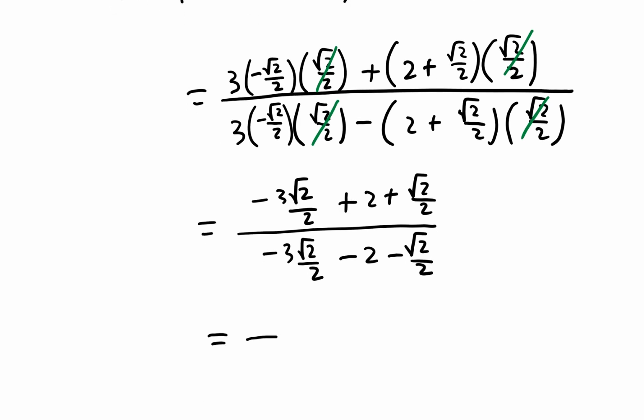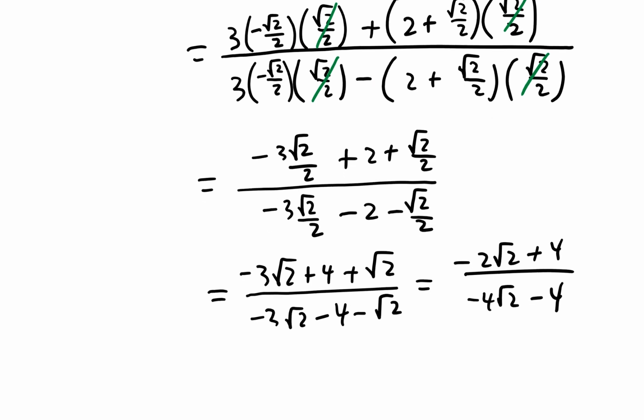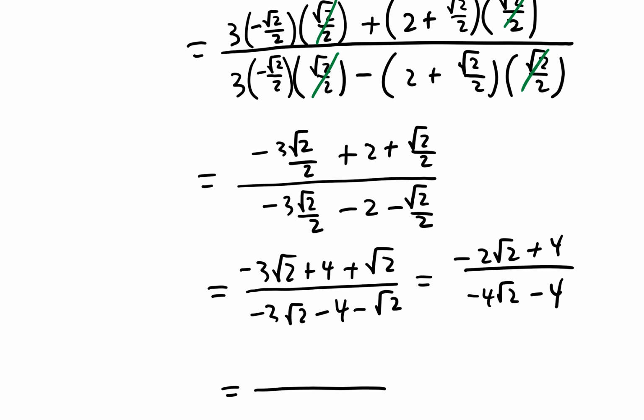Then probably multiply top and bottom by 2. That will clean up the fractions. Negative 3 square root of 2 plus 4 plus square root of 2, over negative 3 square root of 2 minus 4 minus square root of 2. Combine like terms: negative 2 root 2 plus 4 over negative 4 root 2 minus 4. And I would divide top and bottom by 2. Rationalize. So negative